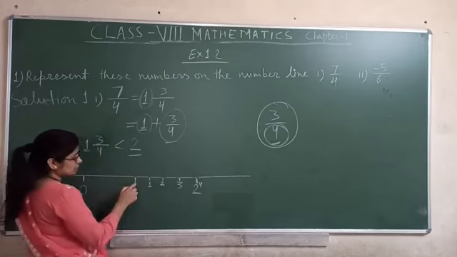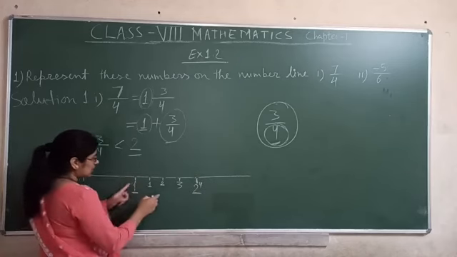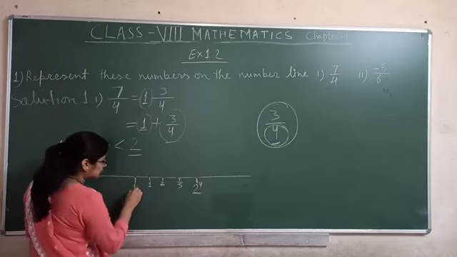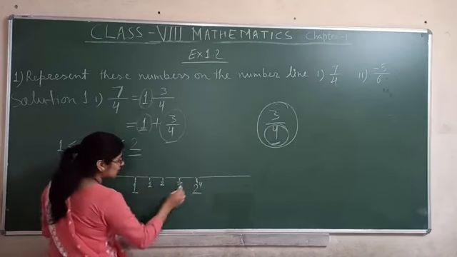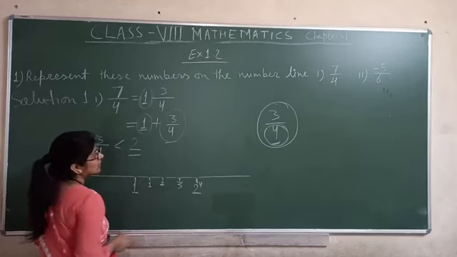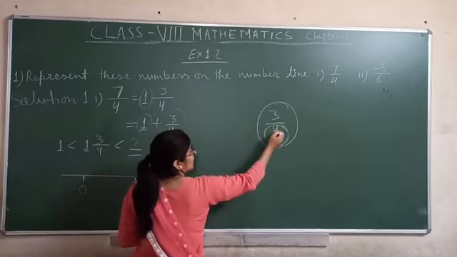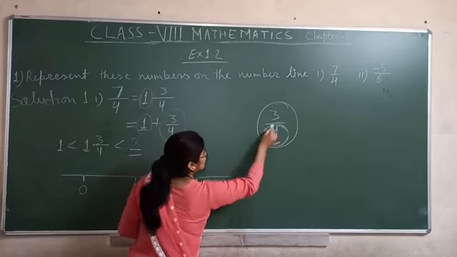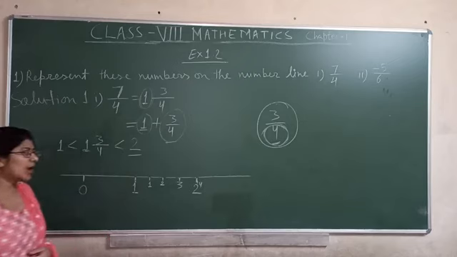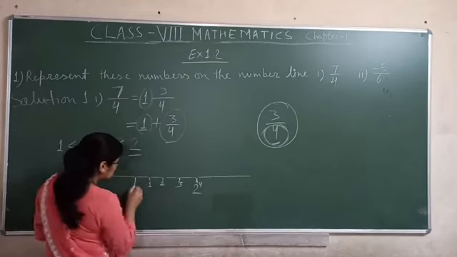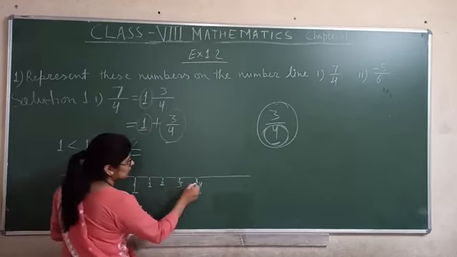Okay. So this is 0 for 1 to 2. This is 0, otherwise this is 1. When you write 1, 2, 3, you will count 0 here. Okay. Now you need 3/4. So first, what number is written in your denominator? That much line you have to draw here. You wrote the number first: 0, 1, 2, 3, 4.